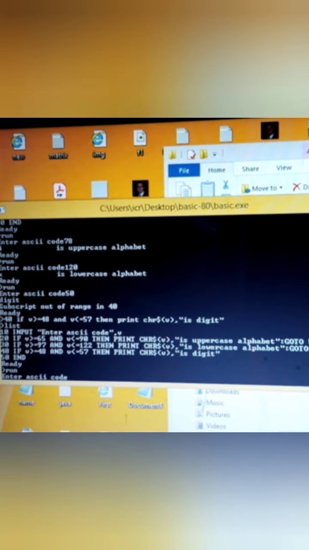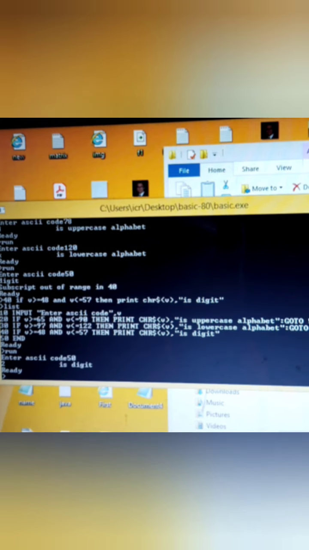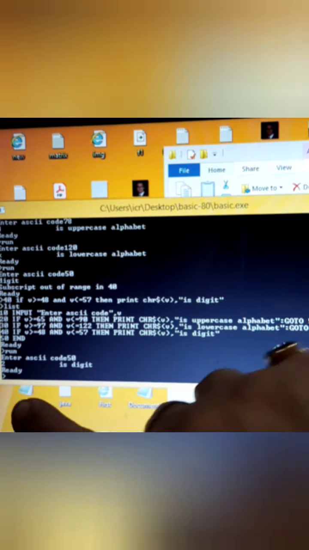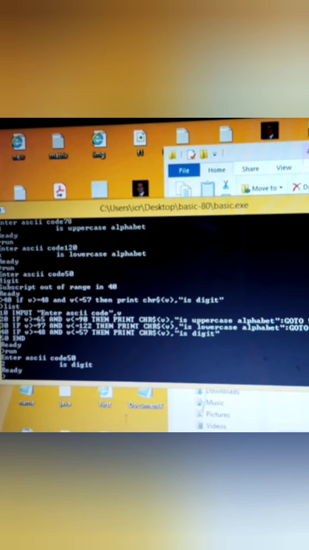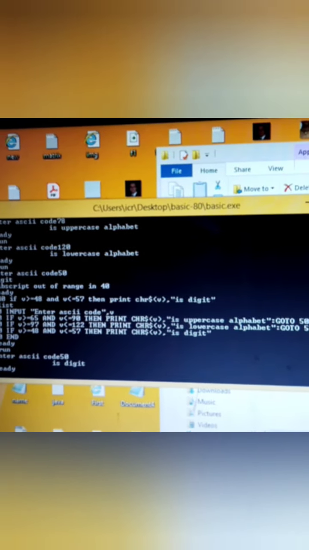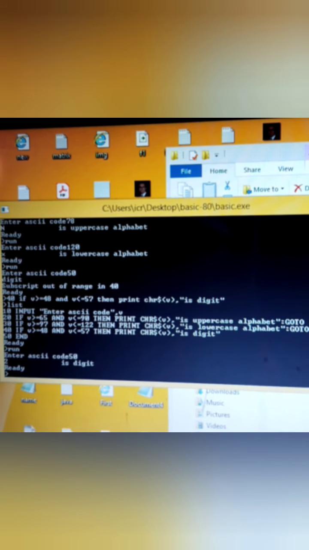So let's run for digits also. If I give 50, it's saying that 2 is a digit, right? So this was a solution to that program which was there in your assignment.